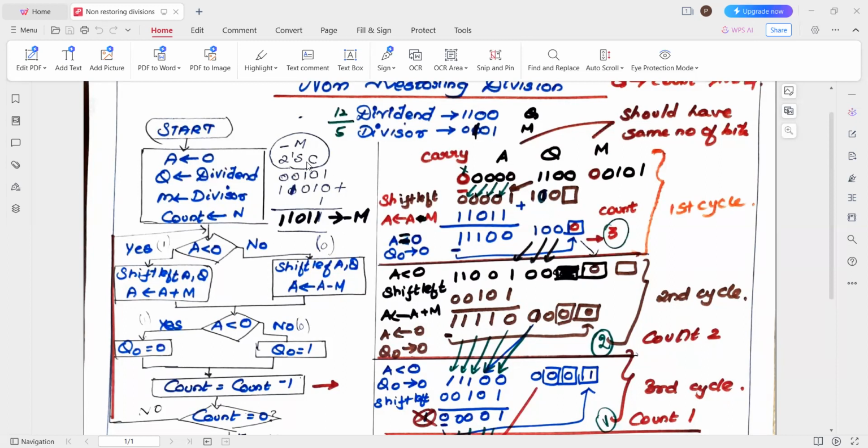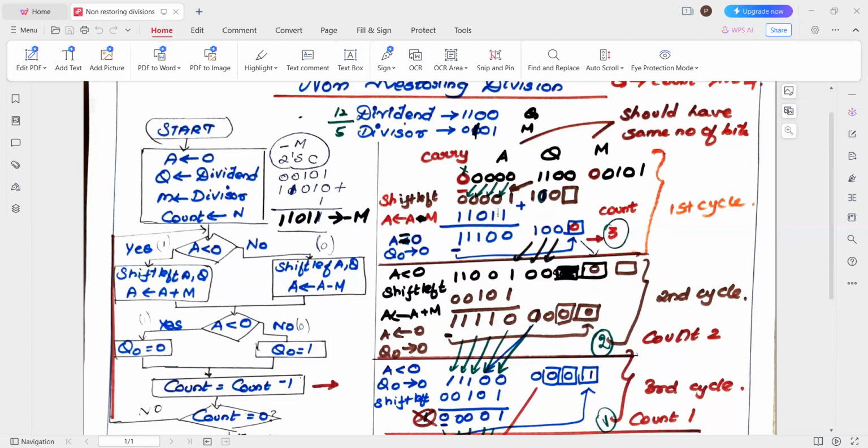At the side, I have just calculated the 2's complement and kept it. The 5-bit digit is 00101. When I take the 1's complement, it will be 11010. You just invert the zeros to ones and ones to zeros. Then you add 1. So what is the value now? It is 11011. Now this value is going to be added here, and then we'll perform the addition